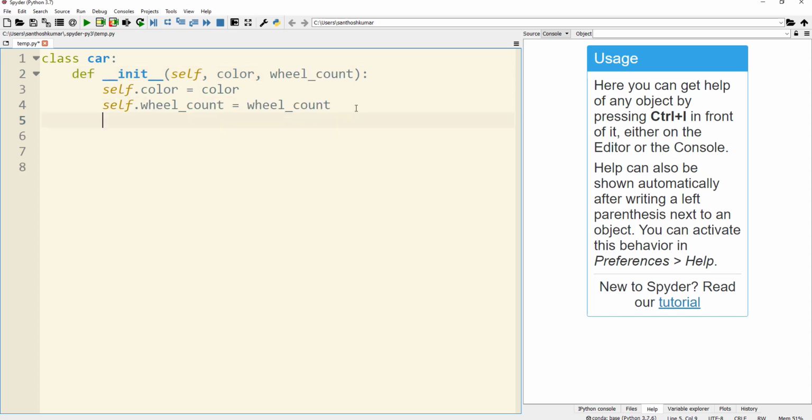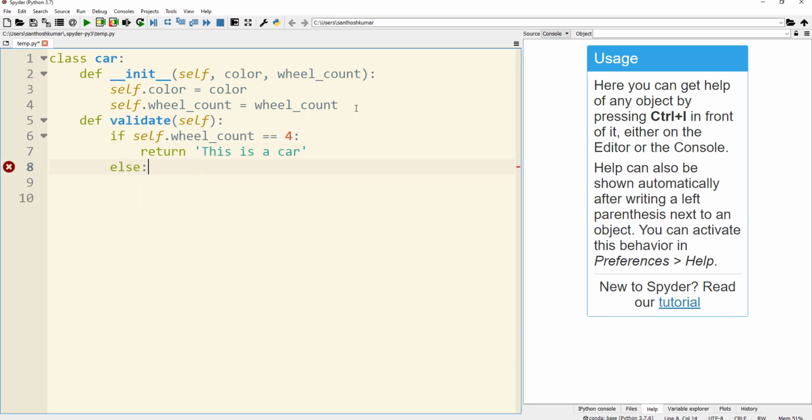Then after initializing these two attributes, I am going to define one method called validate, and this method basically checks if the wheel count passed to the class is equal to 4. If the wheel count is equal to 4, then the method returns the string "this is a car".